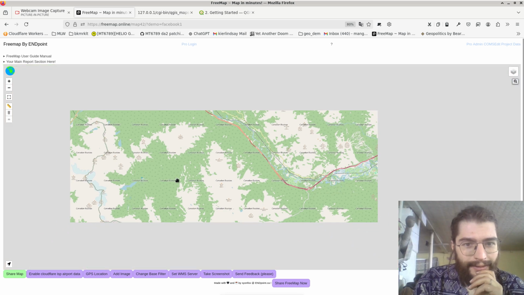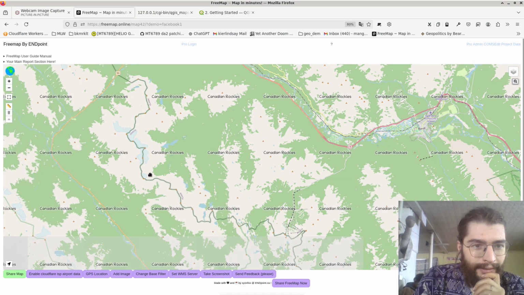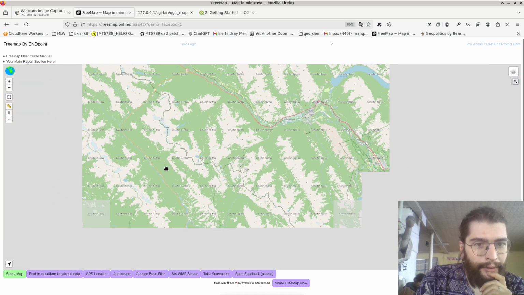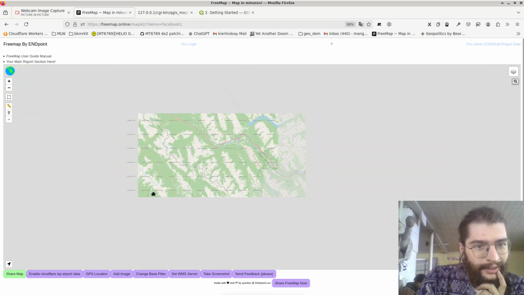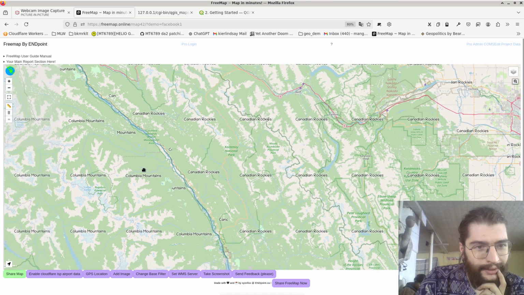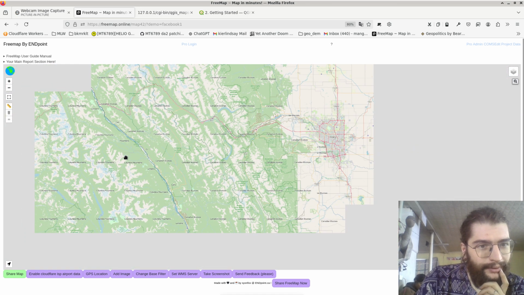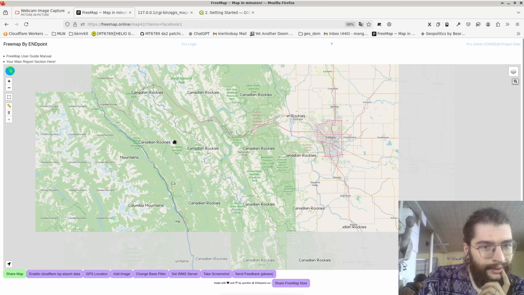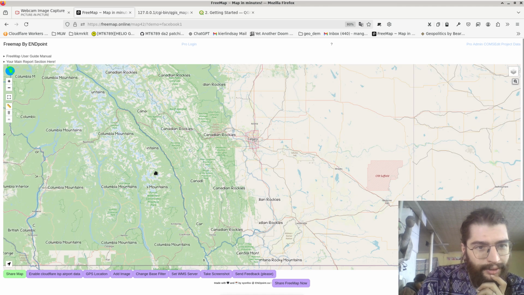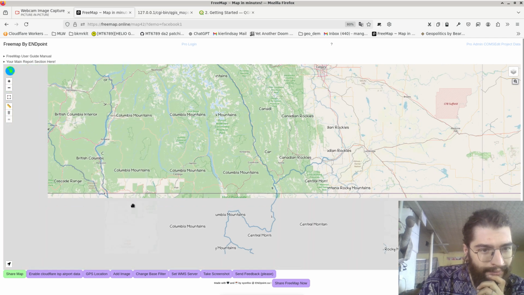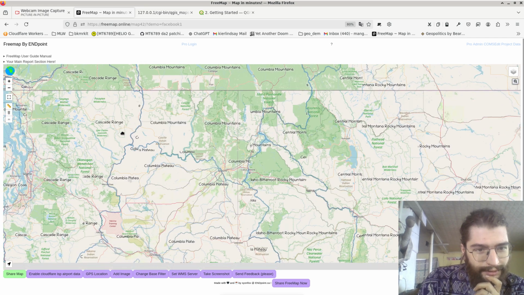Okay, so now you can see that we're getting the label of the mountain range that we're in. And it's doing it in this tiled area. If we zoom out a little bit, you can see the Columbia Mountains, Canadian Rockies, Cascade Range,